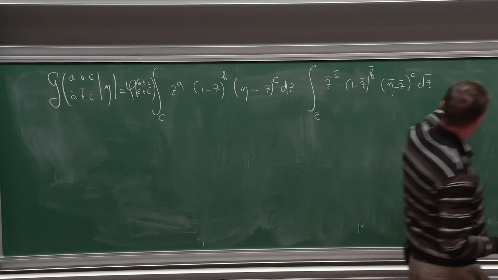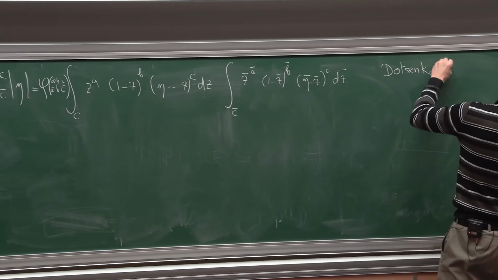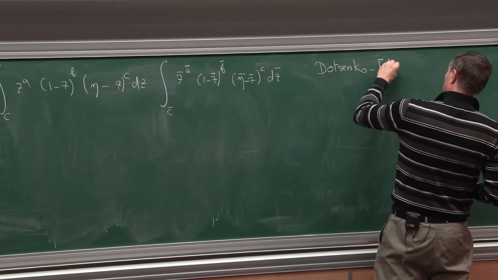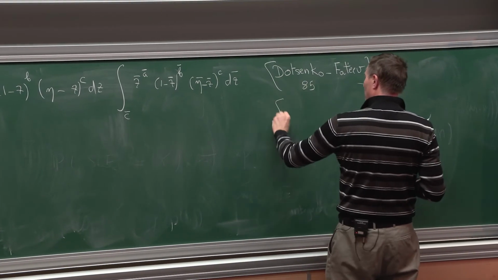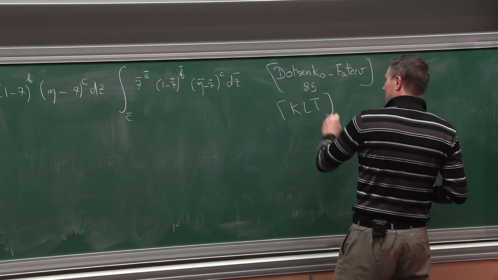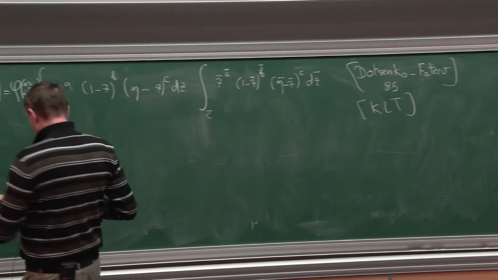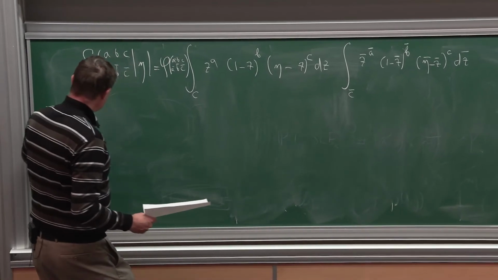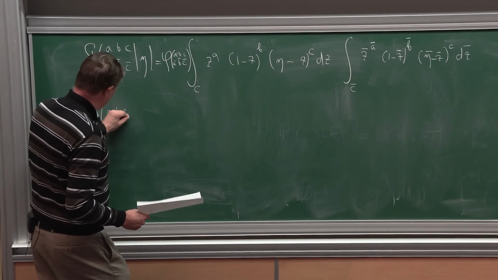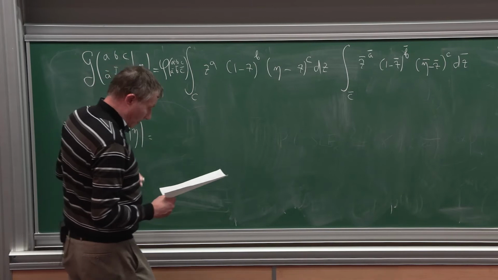And so this is Dotsenko and Fateev from 85, and in string theory this is known as KLT, I think the same year. So you get at the end of the day that this function a, b, c, a bar, b bar, c bar, eta is given by